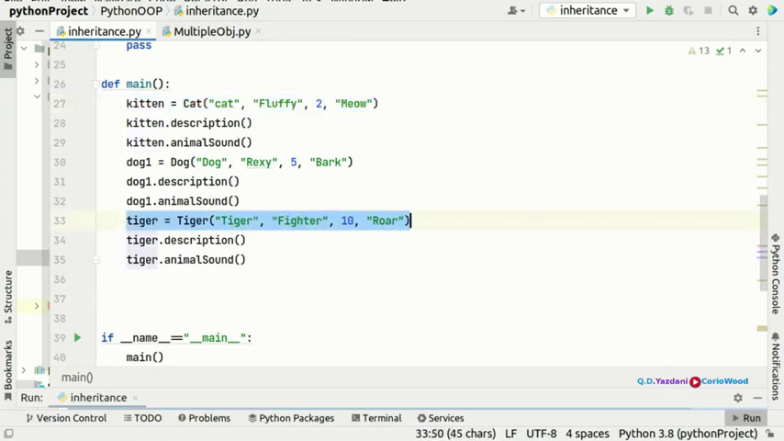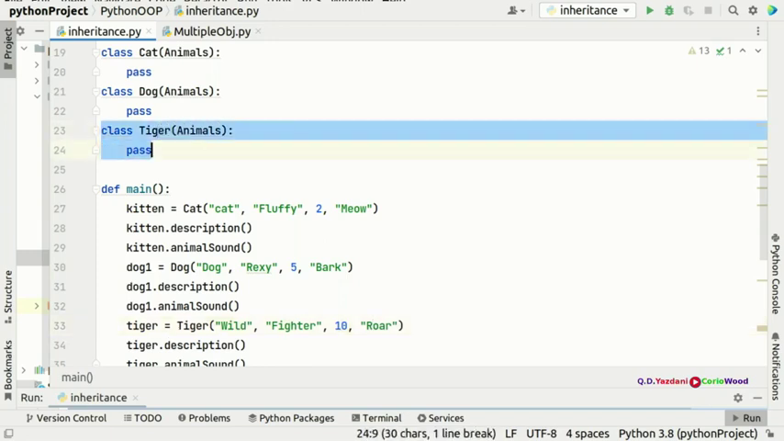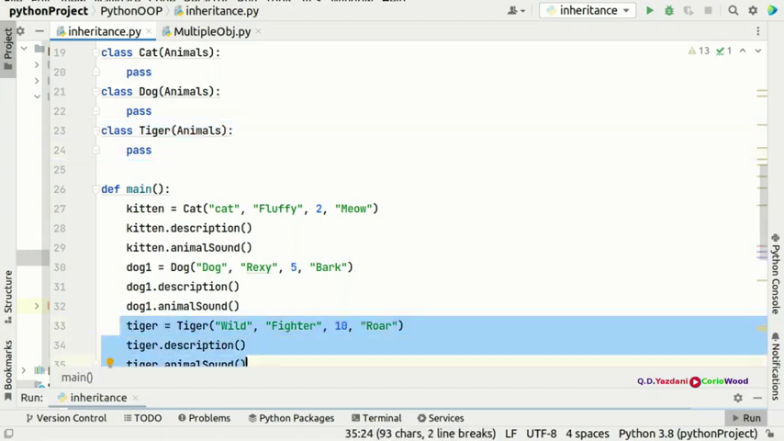So the type is a tiger. You can put an animal type is wild, for example. It's not a pet, and it's a fighter, the name is fighter, the age is 10, and it roars. And here we don't have anything inside the class tiger. So how cool is this? Now we have effectively